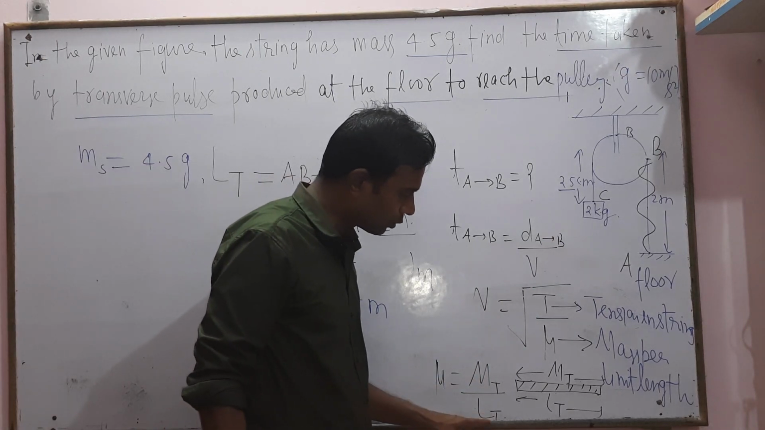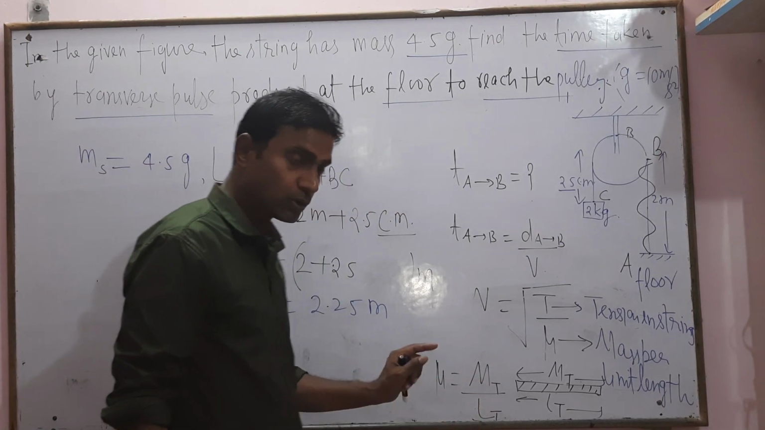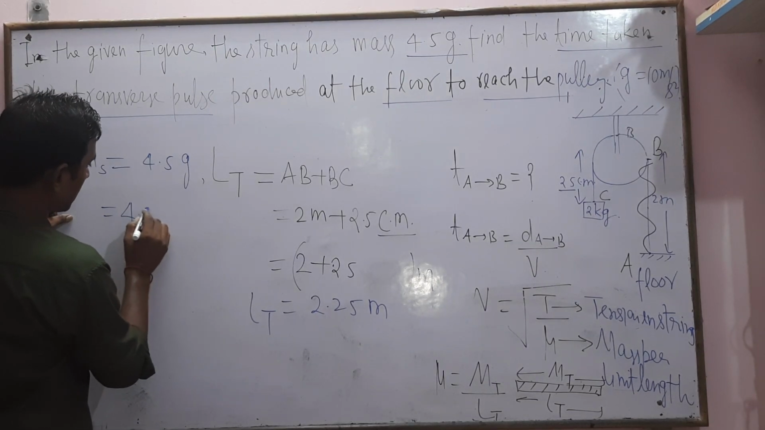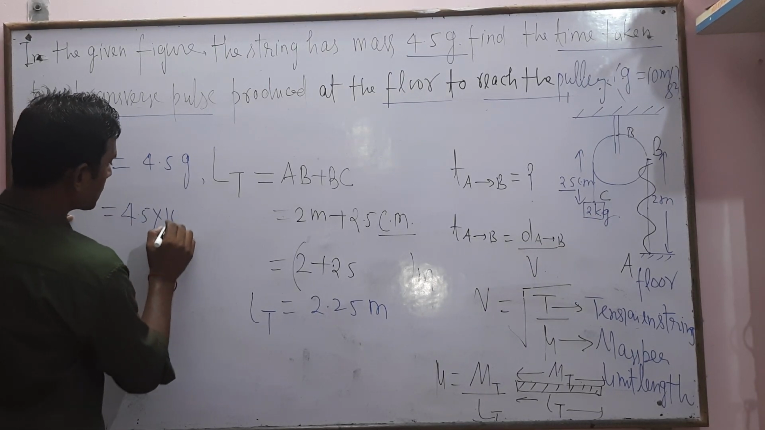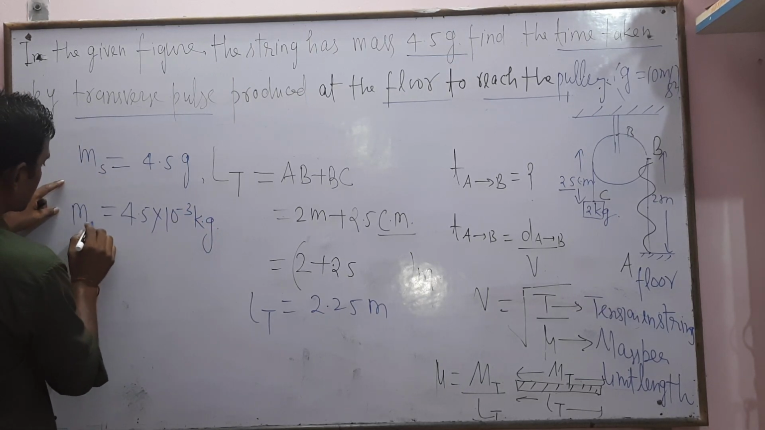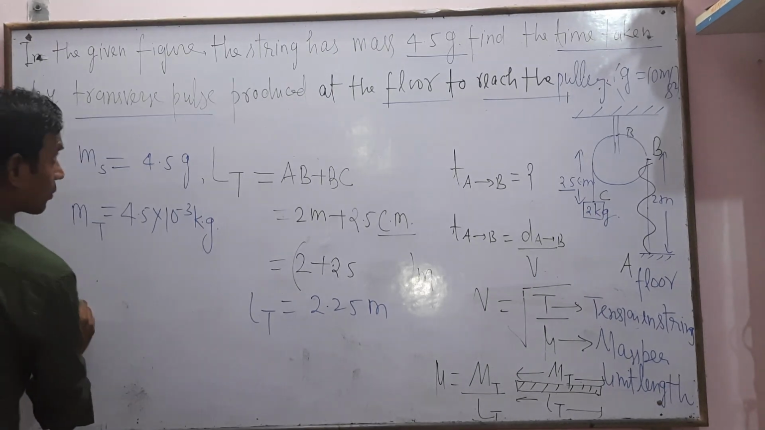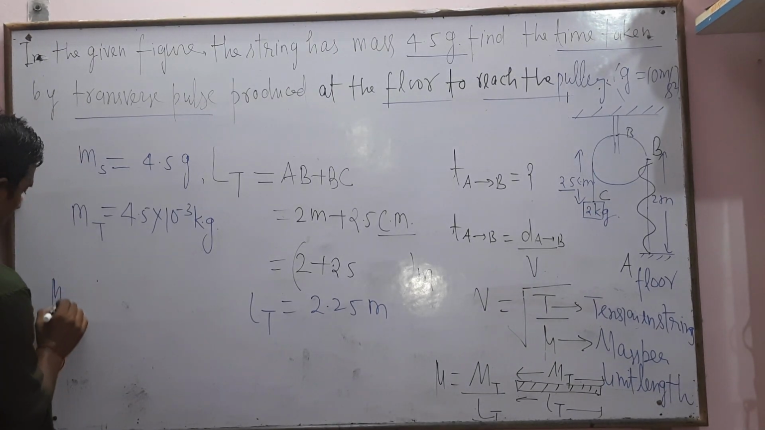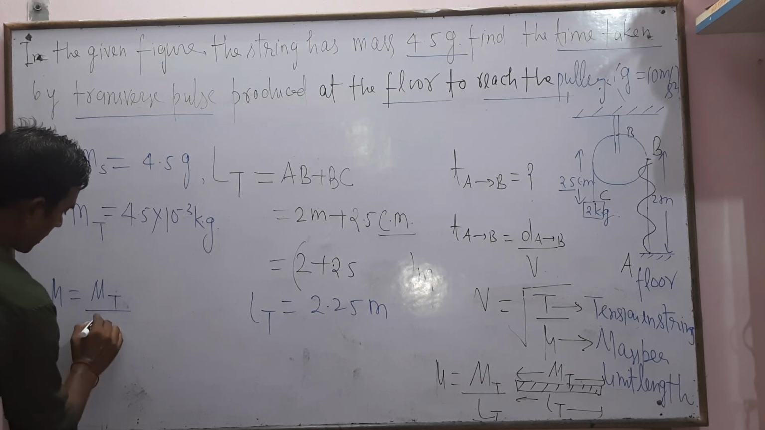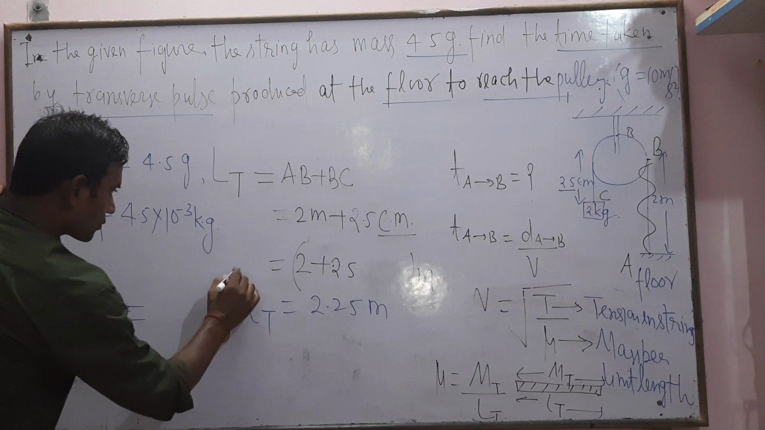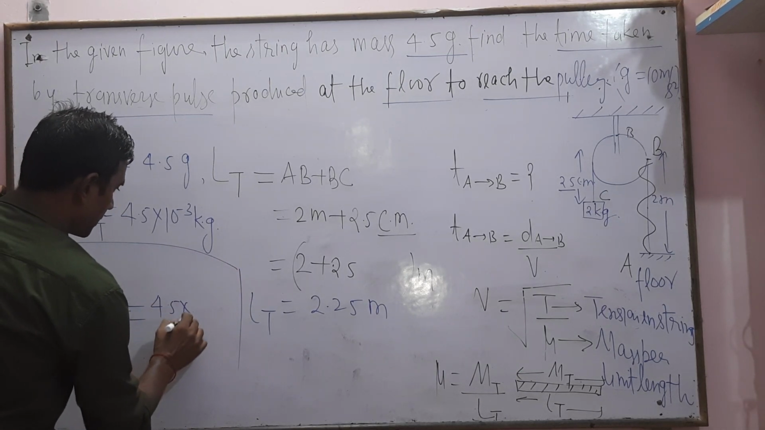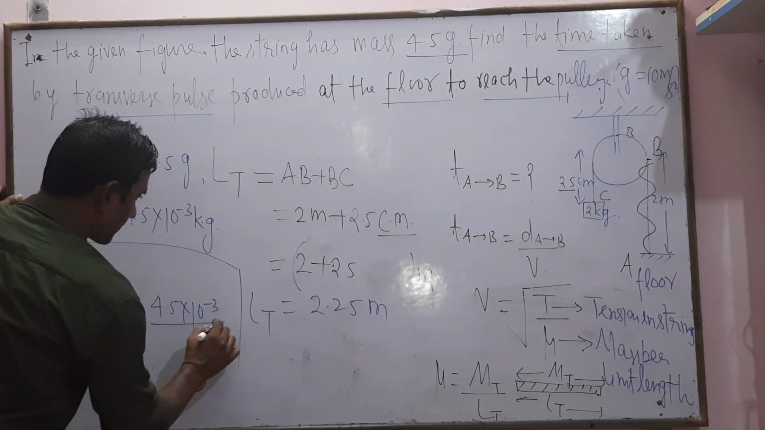Total mass upon total length. Total mass is equal to 4.5 gram. You can convert gram into kg, equal to 10 raised to minus 3 kg. This is the total mass of the string. So mu equals the total mass of the string upon total length of the string: 4.5 into 10 raised to minus 3 divided by total length,